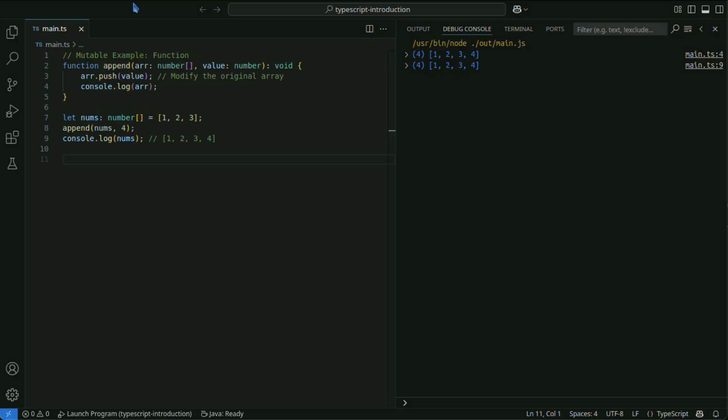Immutable means that a value cannot be changed. Primitive types are fundamentally immutable.